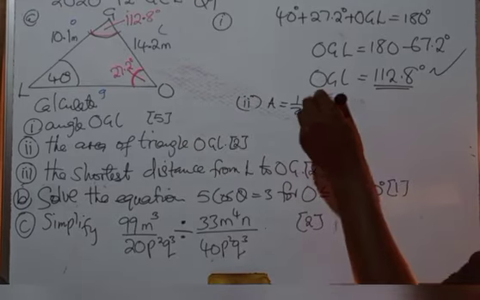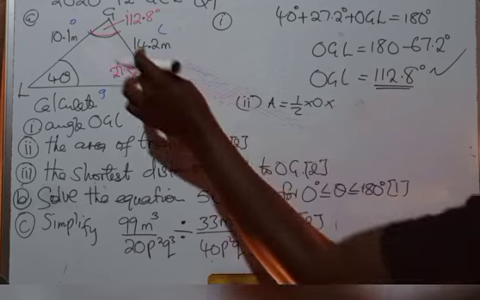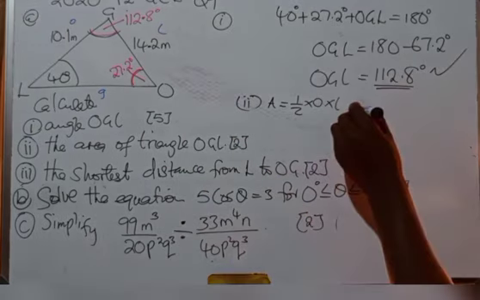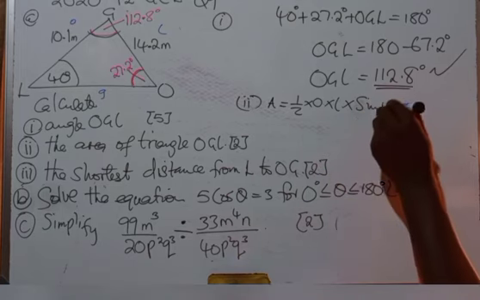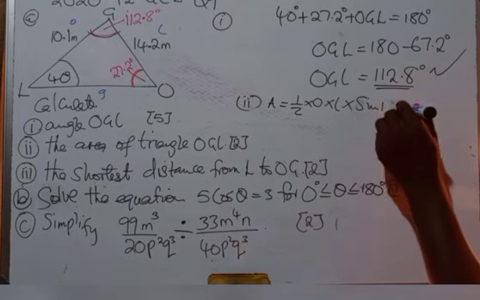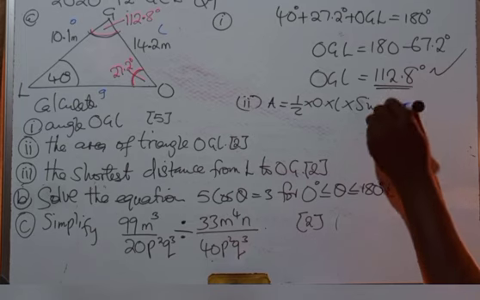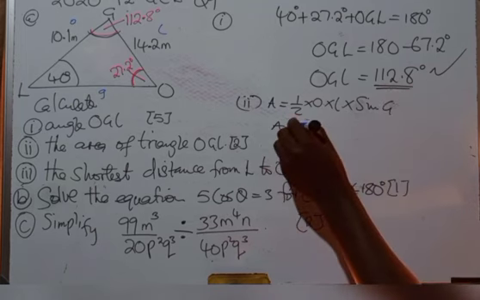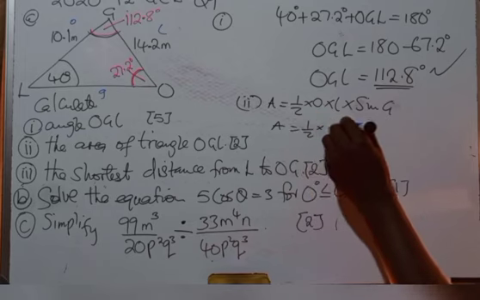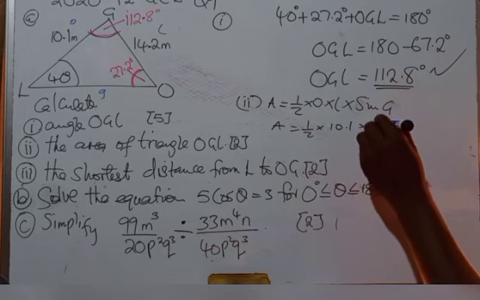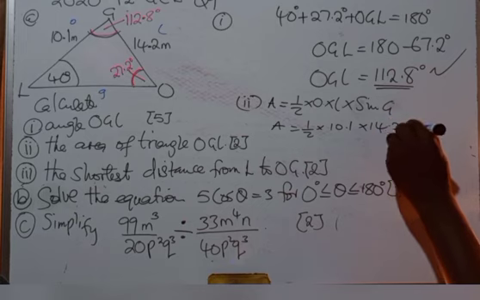It is small letter O, multiplied by small letter L, then multiplied by sine of the angle we got there, sine G. So area is equal to 1/2 multiplied by O, which is 10.1, multiplied by 14.2